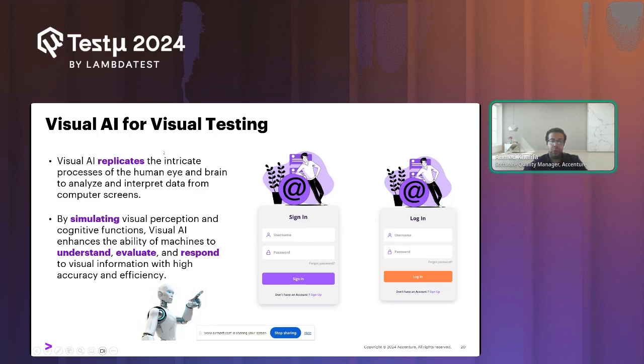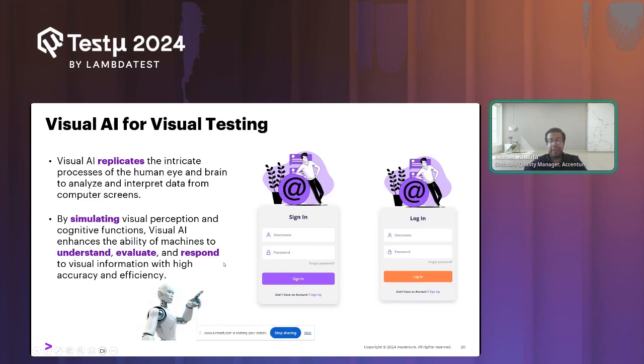And this is what visual AI does. It replicates the process of the human eye and the brain. So it's trying to analyze the page element by element, dividing the page element by element, and then compare from different perspectives: from the size, from the content, from the color, and all of the things.